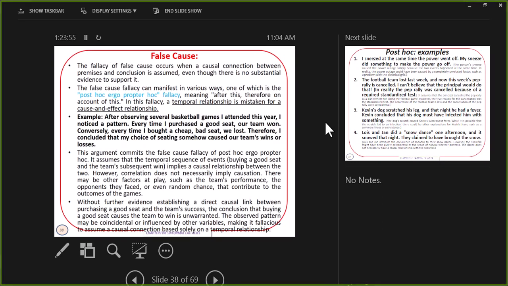False cause, as the name implies, the fallacy of false cause occurs when a causal connection between the premise and the conclusion is assumed, even though there is no substantial evidence to support it. It has 3 versions. The first version of false cause fallacy is post hoc ergo propter hoc. It's a Latin term which means after this, therefore this. In other words, temporal relationship is considered by ignoring other factors that play an important role for cause and effect